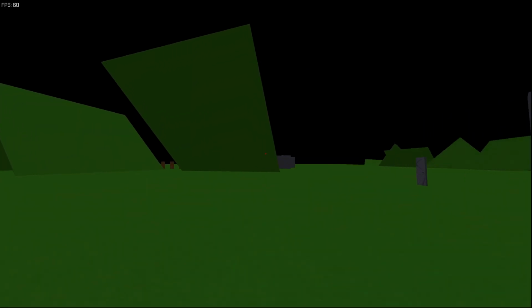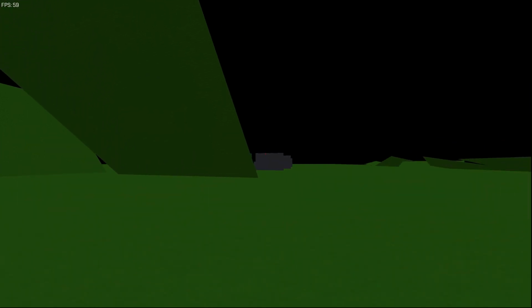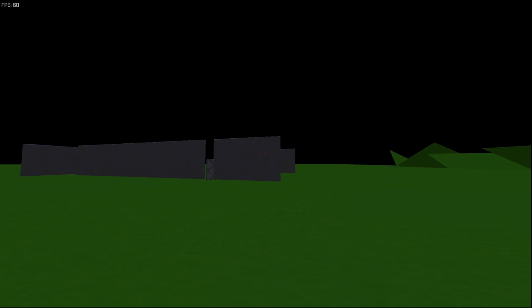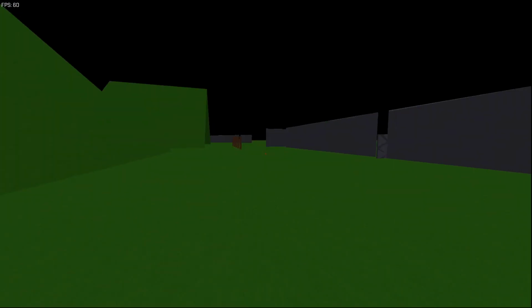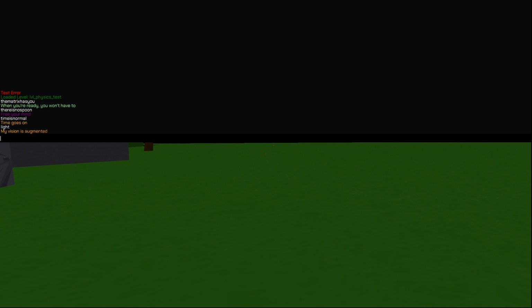So because everything will be nighttime, you'll want to have a sort of light effect, but I couldn't get directional lighting working from the player to the objects. So for now I've just got it as this overall night vision effect. When you toggle your eyes augment, you can see better in the dark, and then just some references there to Deus Ex. So light vision's augmented,